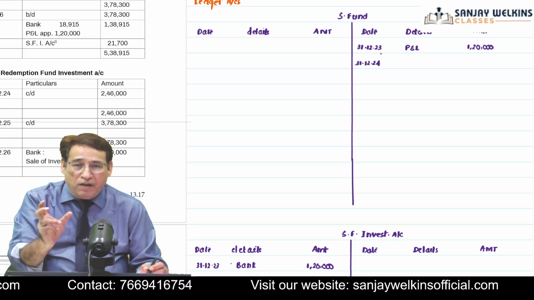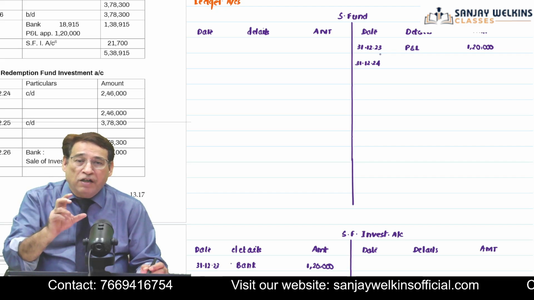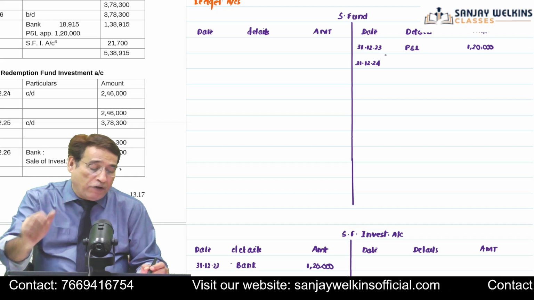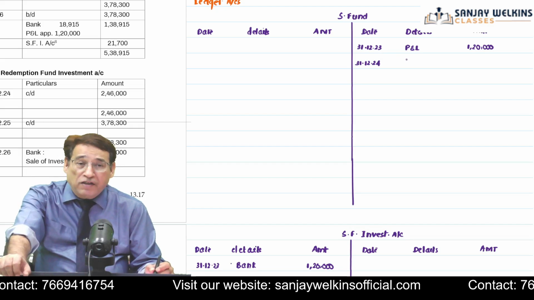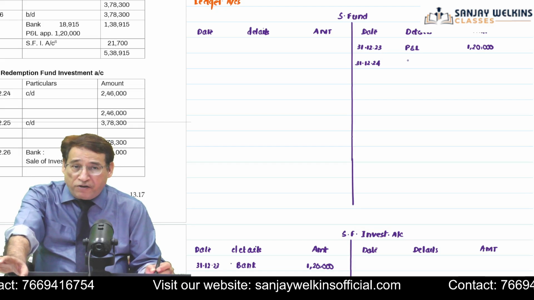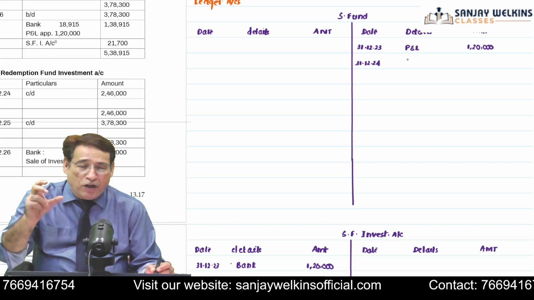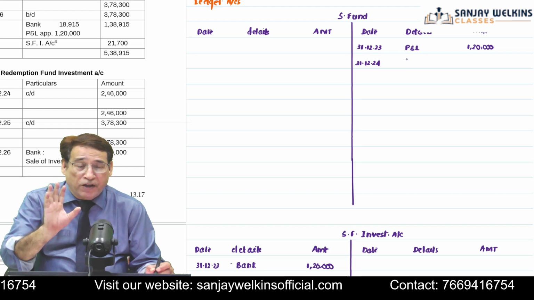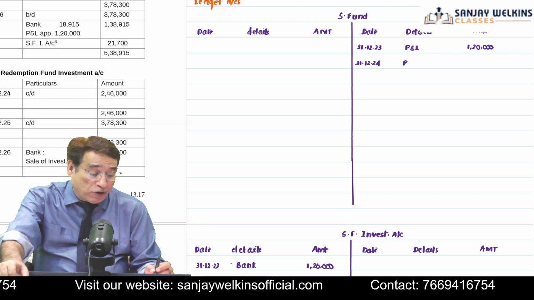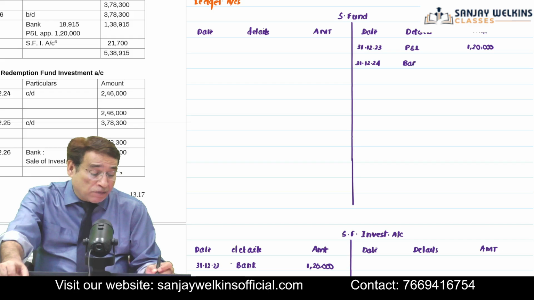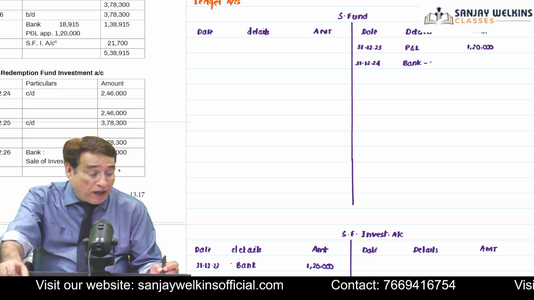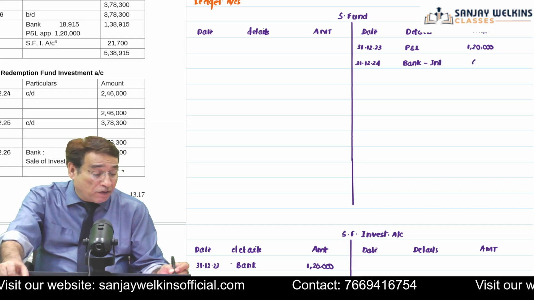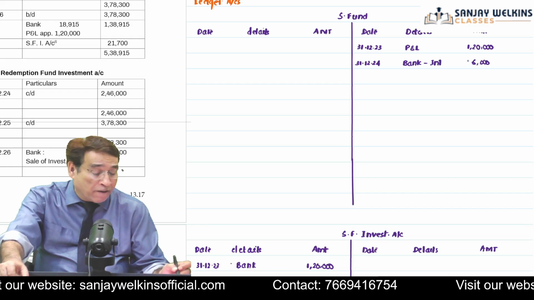Just try to recapitulate what I said earlier. When we are going to reach the end of the second year, the first thing is that we are going to receive the interest. And whatever interest which we are going to receive, it will be credited to sinking fund and not to sinking fund investment account. So that is why here I am going to write by bank. This is my first entry. By bank, you can write in bracket interest. We have received an interest of rupees 6,000. This is the first thing.